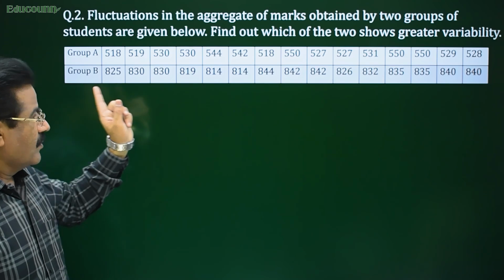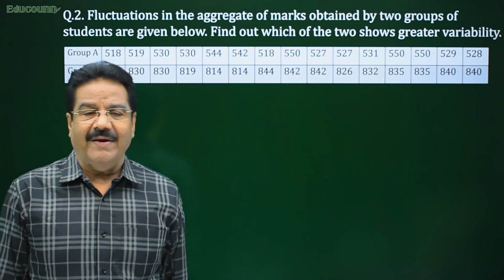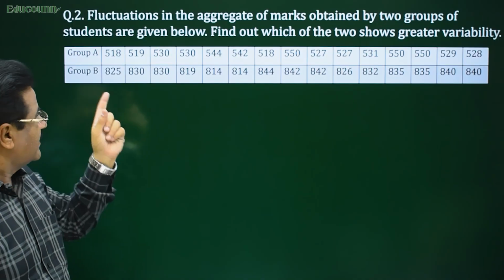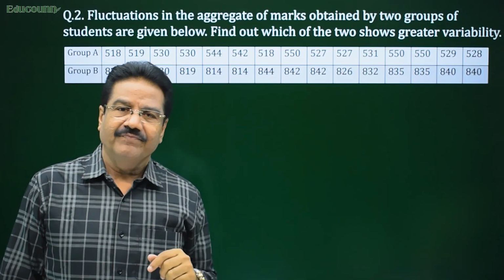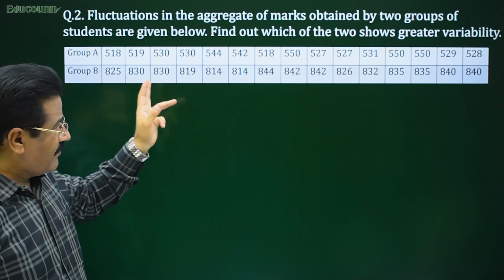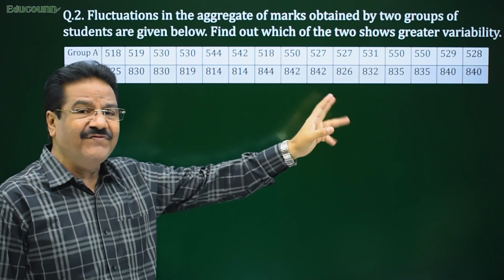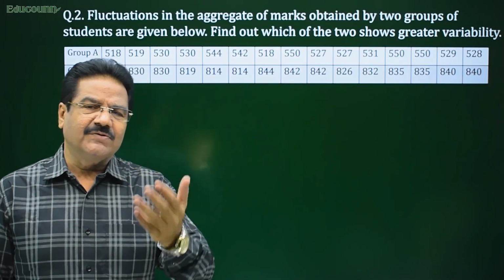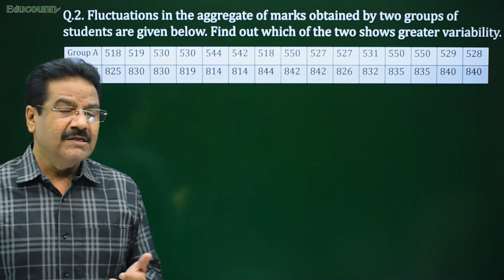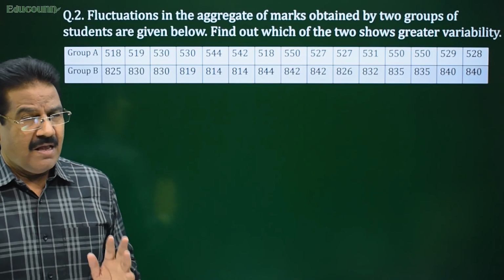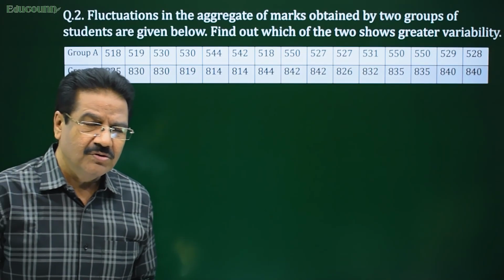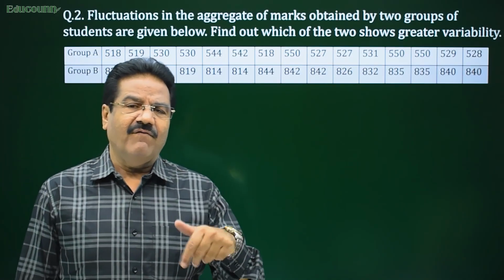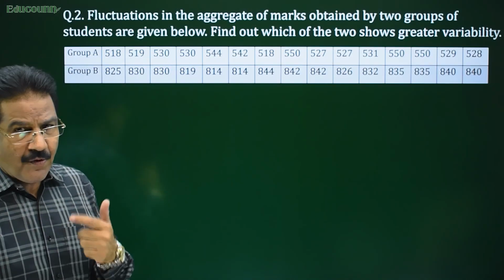So here group A and group B are given. This is not given in terms of frequency distribution. We can see that values are very large, as well as total number of the students are 15. So if you do direct calculation, 518 square, 519 square, this calculation will be quite tedious. And that's why we are going to use another concept. This can be converted in terms of frequency distribution. How it can be done?